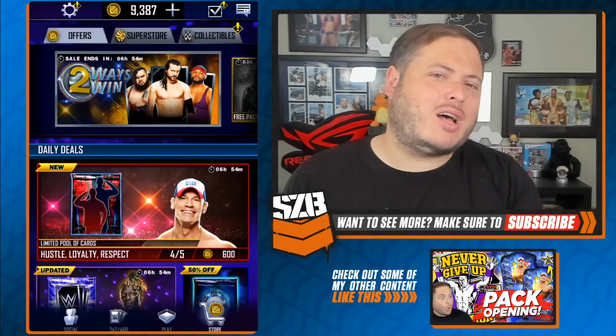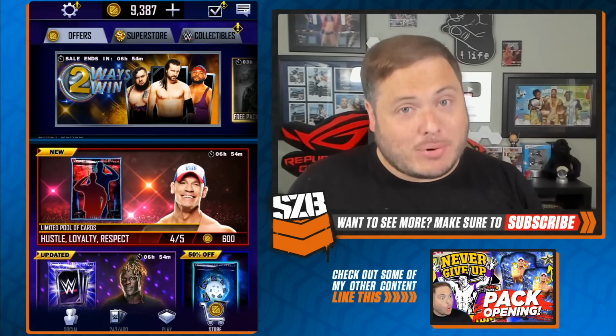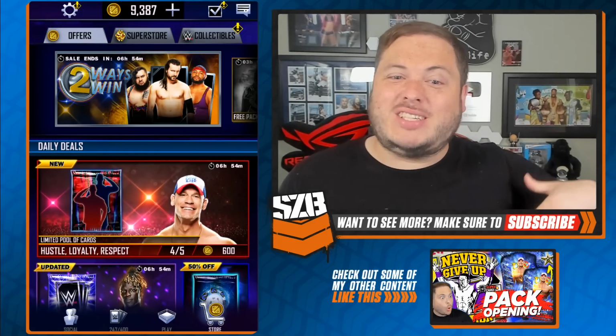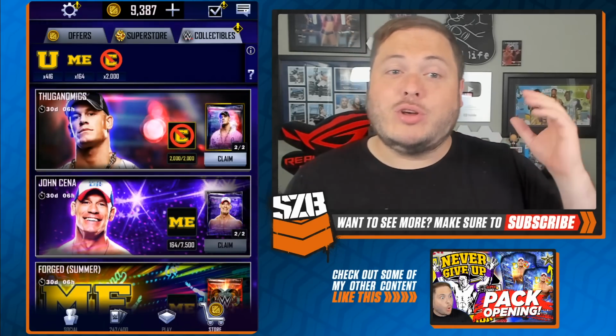Let's first of all start with the pack store, because there is just tons of ways to get the Me and U. But I appreciate that a lot of people are going to be thinking, well, is this free or is this not really realistic? Well, if you've got some saved up credits and you've got a couple of extra U and Me available, you might be able to do it. But the purpose of this is actually to open up a hustle, loyalty, and respect pack for yours truly. Let's get,